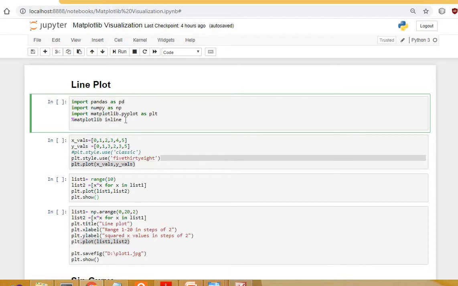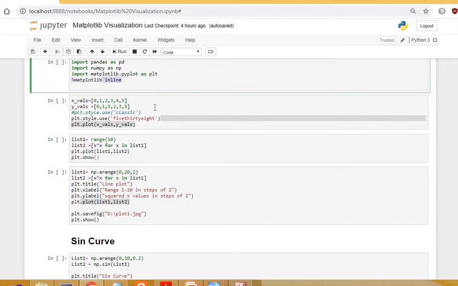Now we have also written one line, that is %matplotlib inline. So what is this? Inline suggests that whatever diagrams or plots we generate through matplotlib will be generated inline. Inline in the sense that it can be viewed in the Jupyter Editor Notebook. Okay, so let's start with it. So we will just execute.